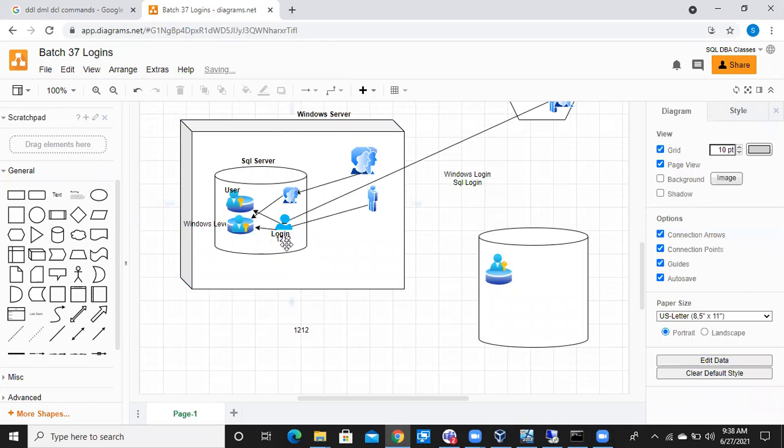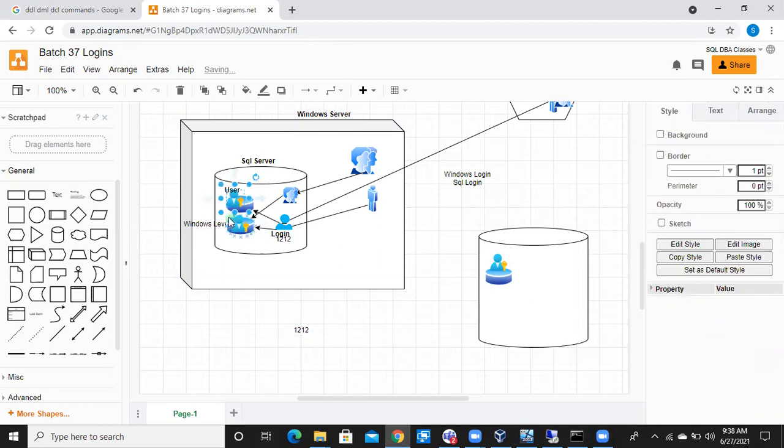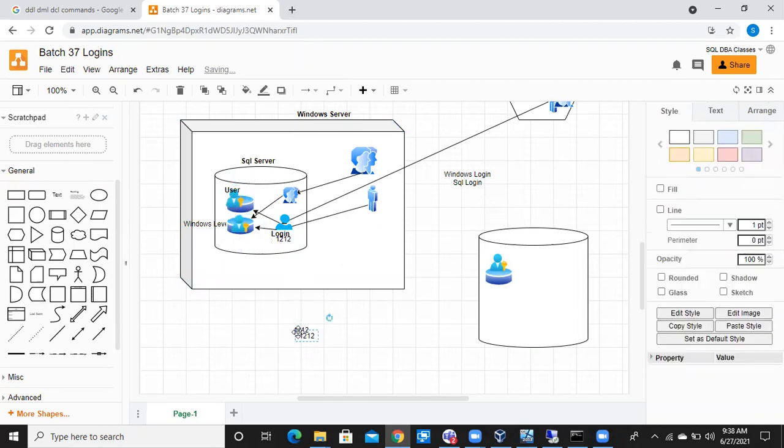Now if you map this login to any database, the user SID will also be the same, 1212. This login SID is 1212 and this user SID is also 1212.